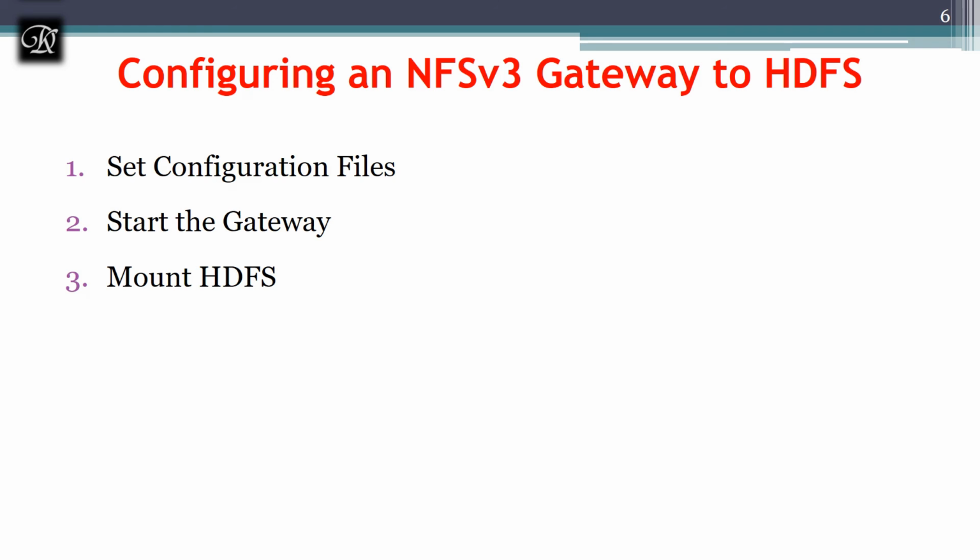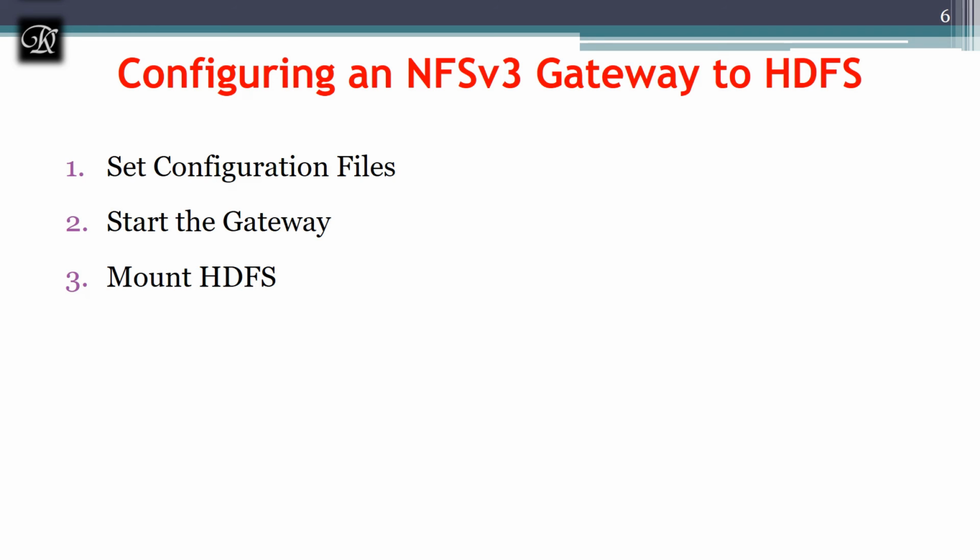Currently, the NFS version 3 gateway lets users browse the HDFS file system through their local file system using an NFS version 3 compatible operating system. They can see what is there in the HDFS file system. Users can also download files from HDFS to their local system, and upload files from their local system directly to HDFS. Users can stream data directly to HDFS through the mount point. File append is supported, but random write is not supported. I told this in the first module also.